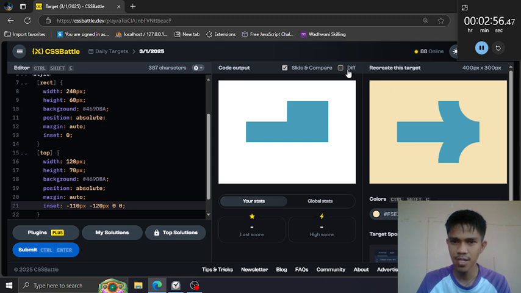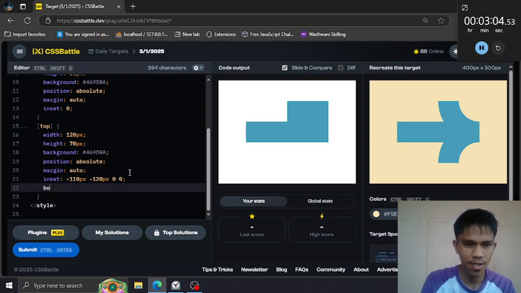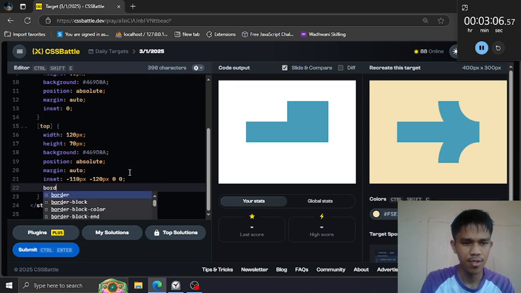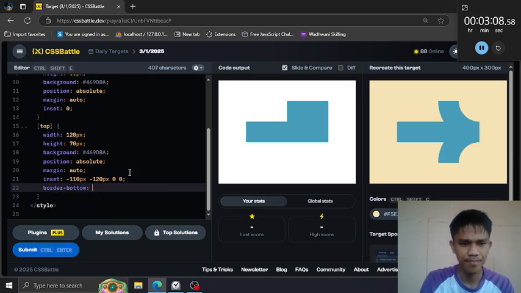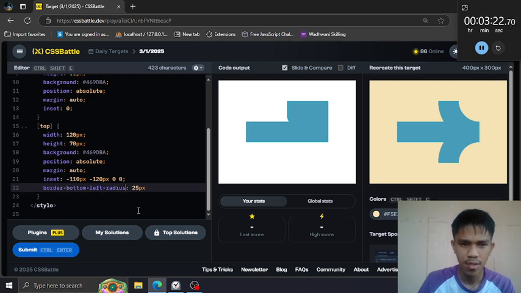We can just put a border radius specifically on the bottom left side. So border bottom 25 pixel. A border bottom left radius.